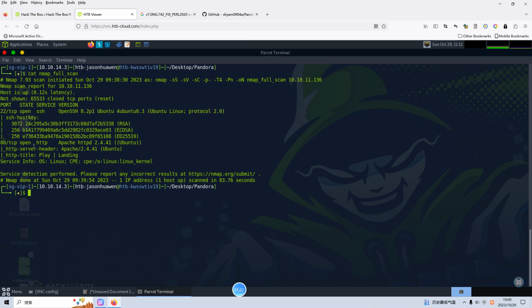The first one is 22, which is running SSH service and also the actual version information. As we know, this version doesn't have any vulnerability. The second one is 80, which is running HTTP service and also the version information, which is Apache 2. So then what we are going to do next